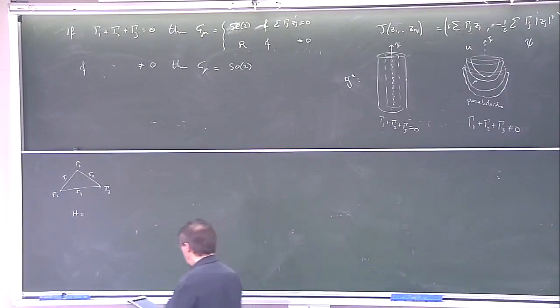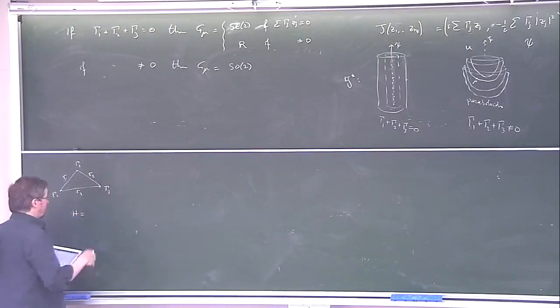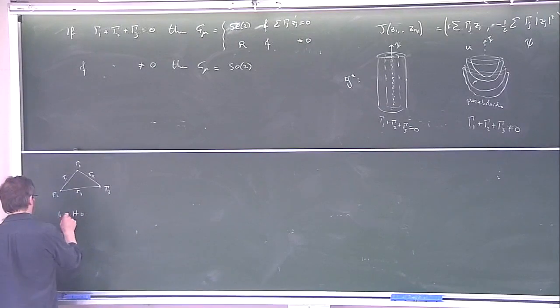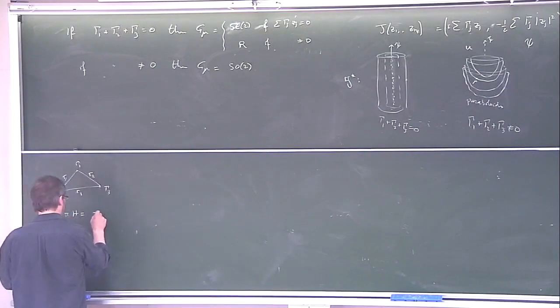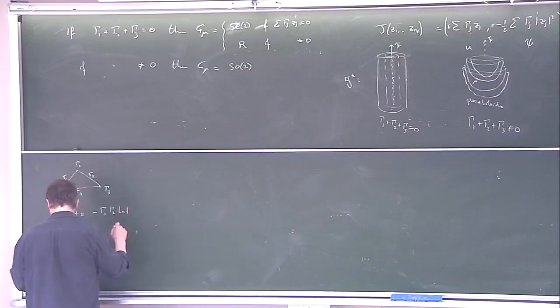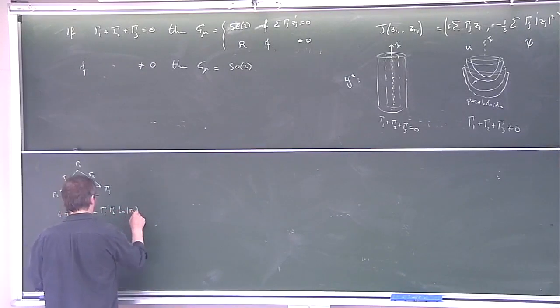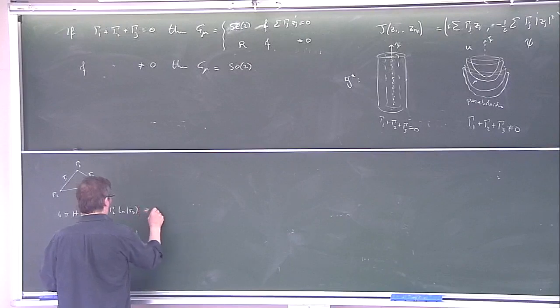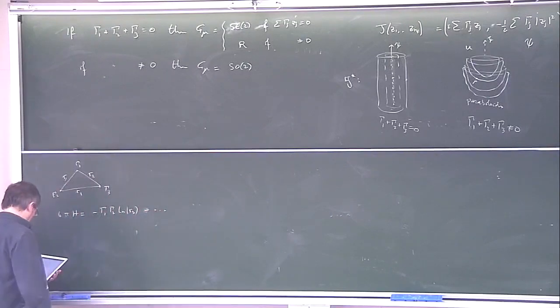So H is just written in terms of the r's. So this is what you can do after reduction. You get 4 pi h is minus gamma 1, gamma 2 log of R3 in cyclic permutations,